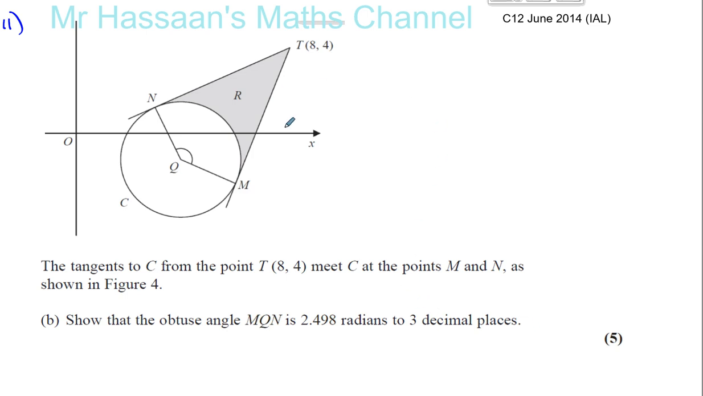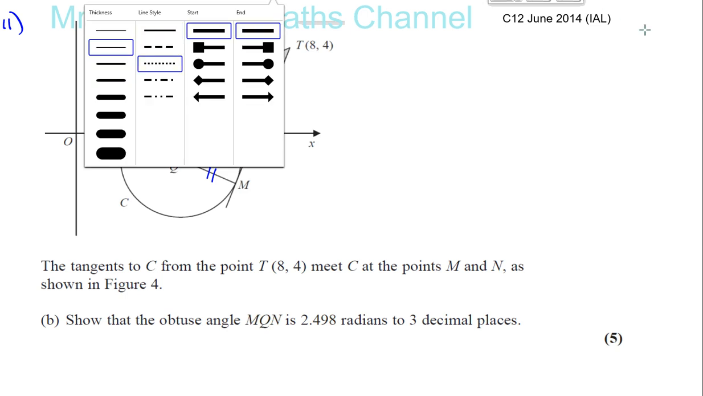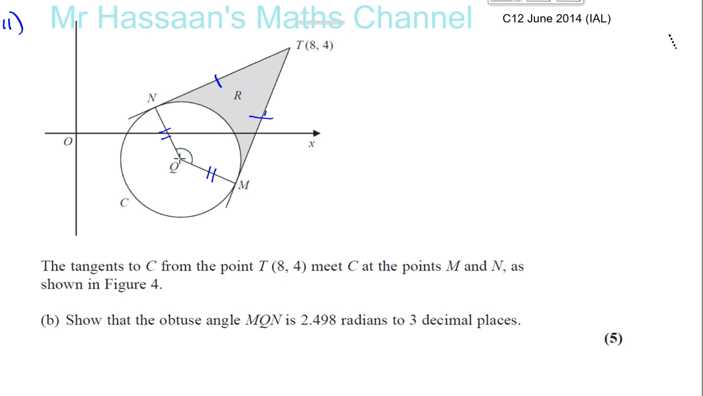One of the things we need to be aware of is that when you have two tangents coming from one external point to the same circle, the distance from the point where each tangent touches the circle to the point where the tangents start must be the same length. So that length and that length must be the same. QN and QM are both the same length, they're both the radius. And if I join a line between the center Q and T, like this,